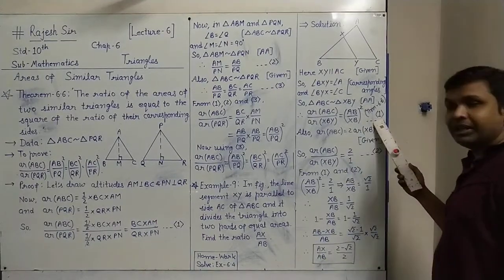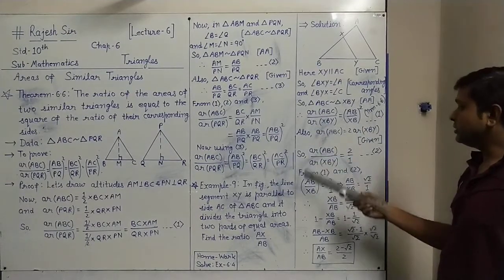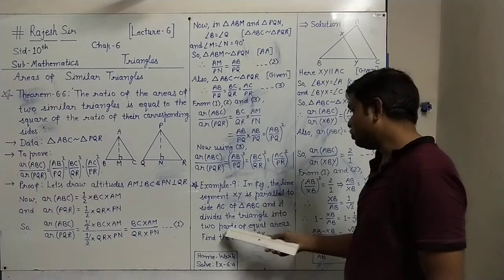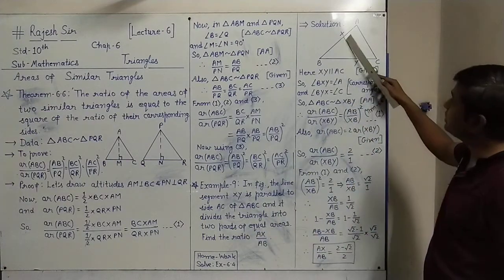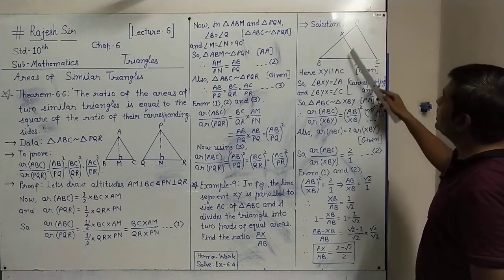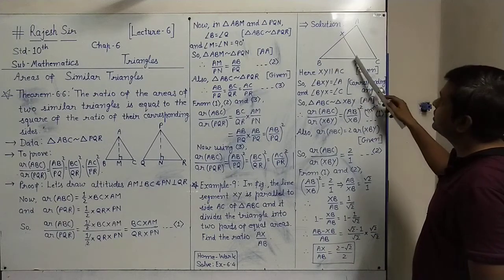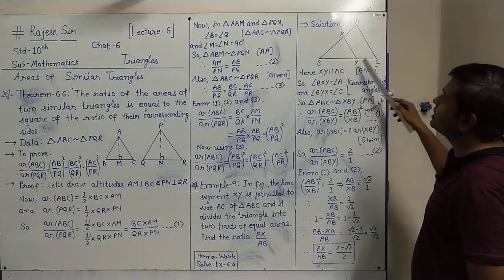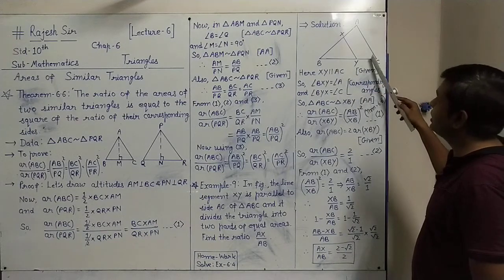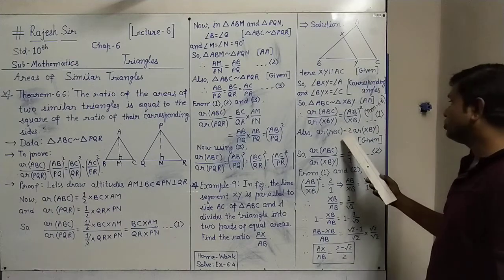This is the result 1 we have seen. Also, as XY divides the triangle into two parts of equal area, XY divides the whole triangle ABC into two equal areas, XBY and AXYC. So this smaller triangle XBY is half of ABC, or in reverse we can say the area of ABC, the original triangle, is twice of this XBY triangle. So that we have shown here.